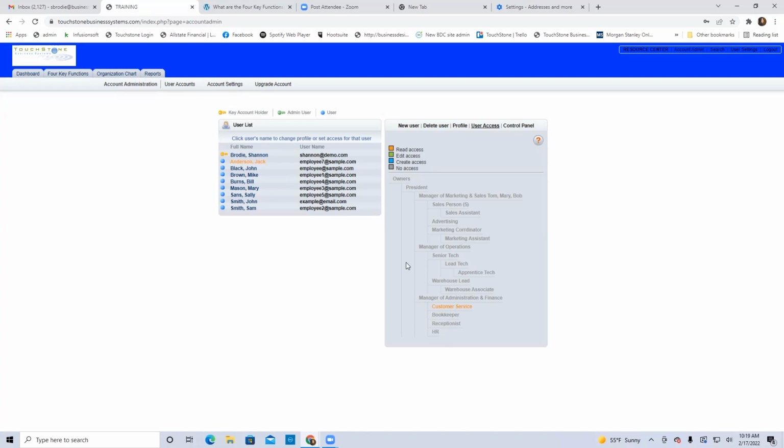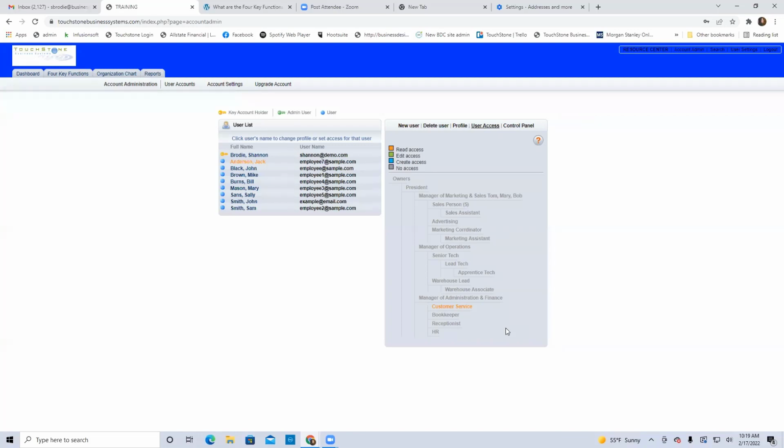And there's a couple different situations where someone would have user access to positions that they don't fill on the org chart. One would be if the person is a manager. So if I'm the manager of admin finance here, I would need to have access to my own position, but then I might also have access to all these positions underneath me, all my subordinate positions. And in that way, as their manager, I could go in and update processes and add new